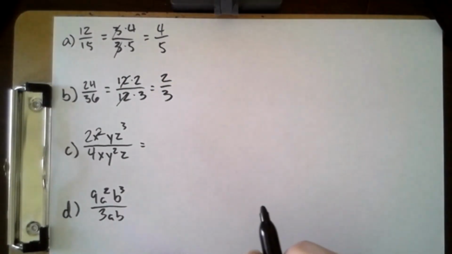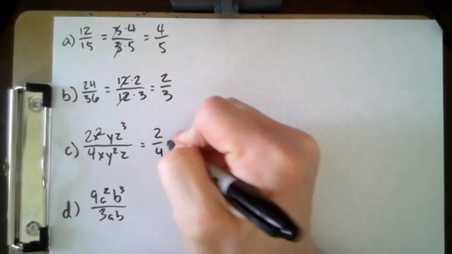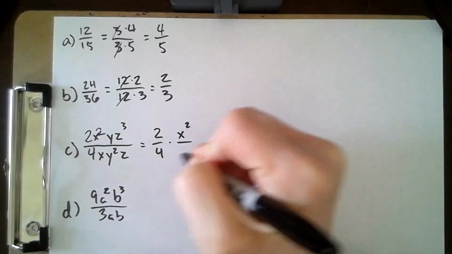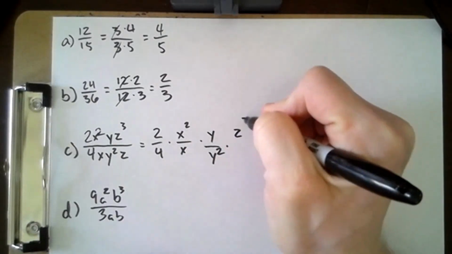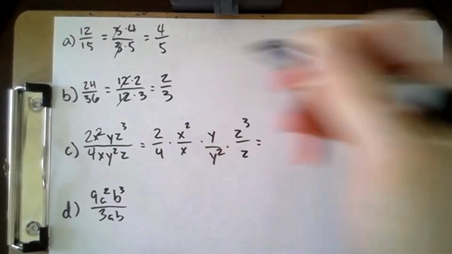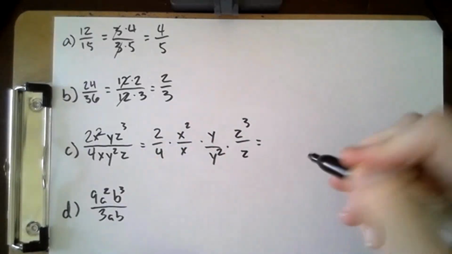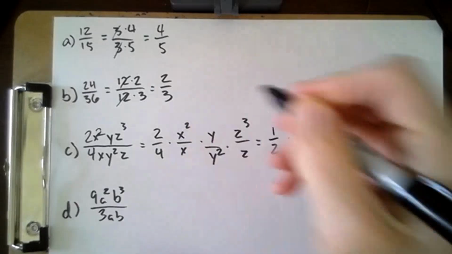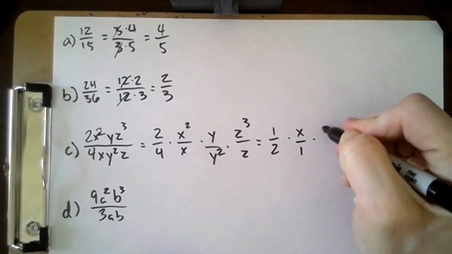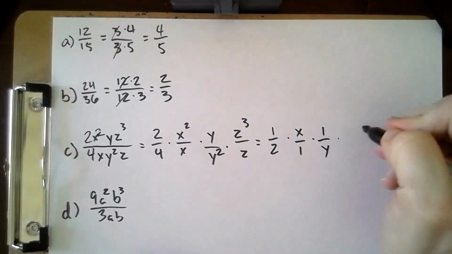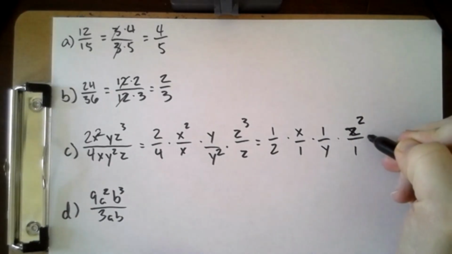2x squared yz cubed over 4x y squared z. I'm going to divide this up into a numeric part times a part where I have just the x's, times a part where I have just the y's, times a part where I have just the z's. And I can simplify by solving each of these parts and then multiplying again. 2 over 4. Divide each by 2, I get 1/2, times x squared over x is going to be x over 1, times y squared over y is 1 over y, times z cubed over z is z squared over 1. Multiply them all together